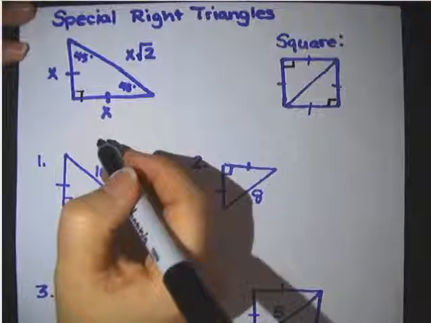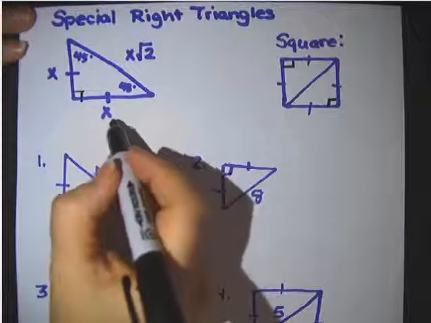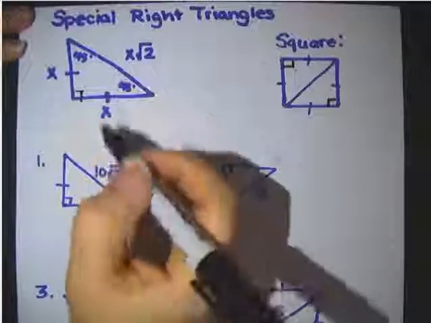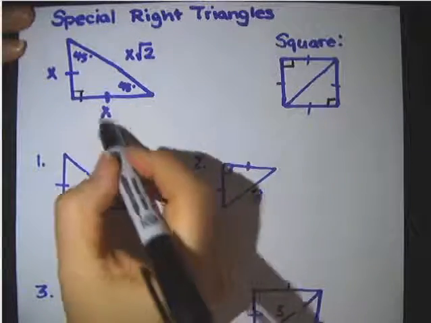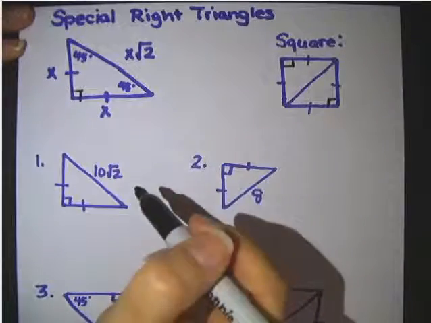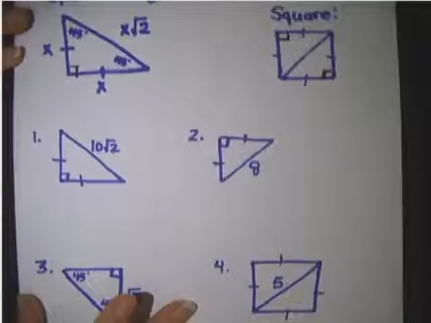If it's 1036.1, you have 1036.1, 1036.1, and 1036.1 root 2. So it's particularly easy when you're given one of the two equal sides. Not as easy when you are given the hypotenuse. So if we look down on this problem,